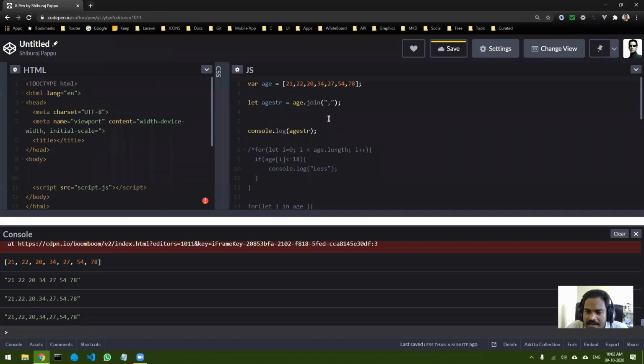Okay, and there is also an option to split. For that you can convert a string to an array using split. The syntax there also is the same. You just do string dot split and the character by which you want to split. We will see that a little later, but for the time being this is enough.